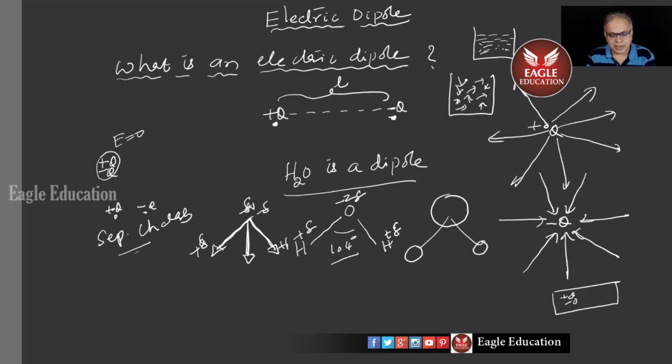Okay. This is what we mean by a dipole. These water kind of molecules, which you call polar molecules, they have their own dipole moment already formed there. And some other molecules which do not have their own dipoles initially, you can create dipoles in them by applying electric fields to those objects. So that is at a microscopic level.